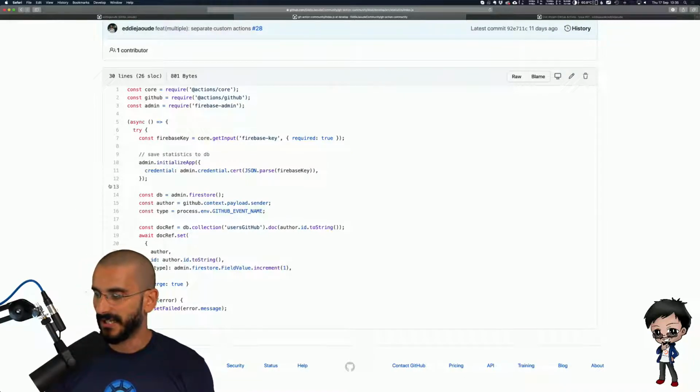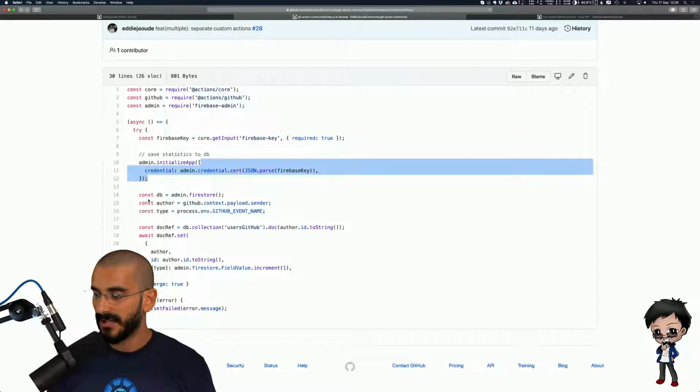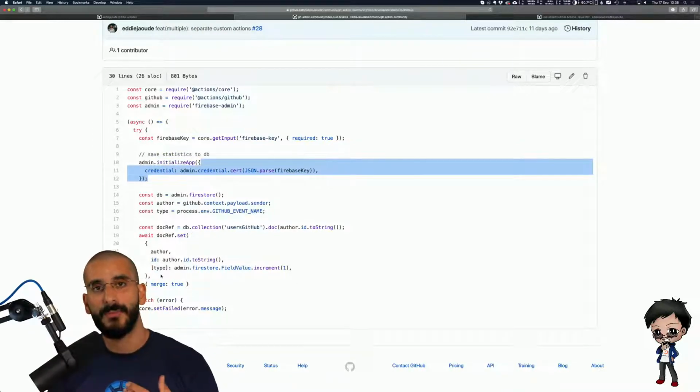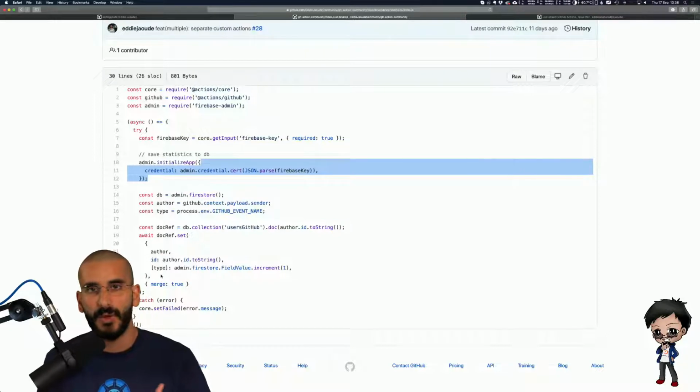But what we've done here is we're getting the input Firebase key, and we're connecting to Firebase. And then for the type of event that's happened, have you raised an issue? Have you commented on an issue? I'm collecting the community statistics, just an incremental number, not what the issue was or anything like that, just some statistics.